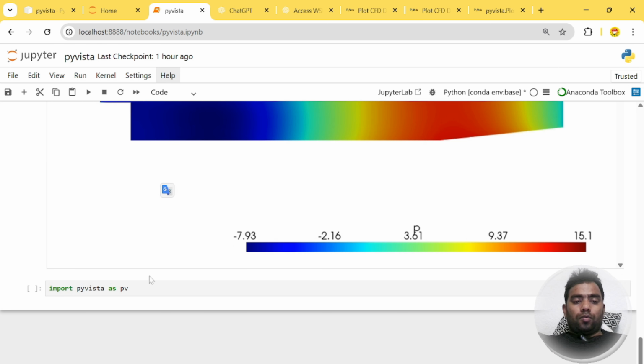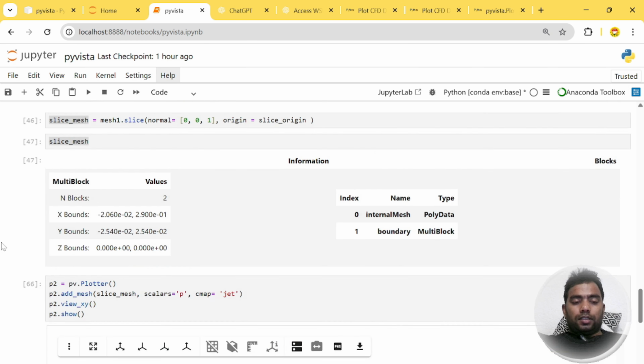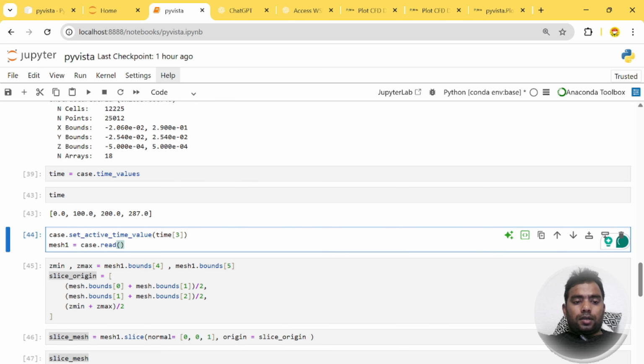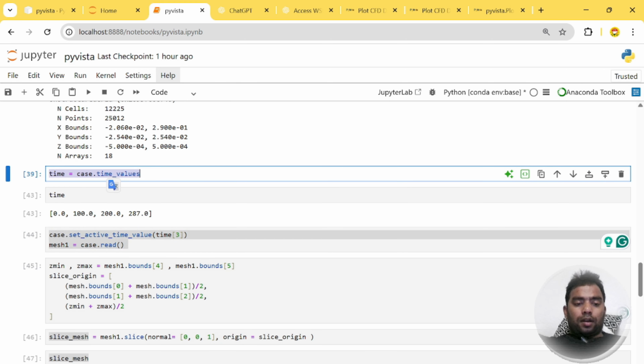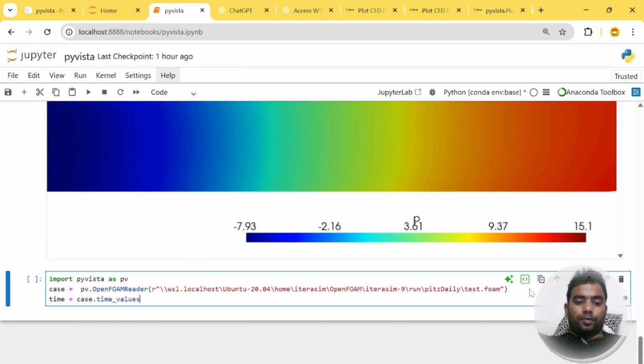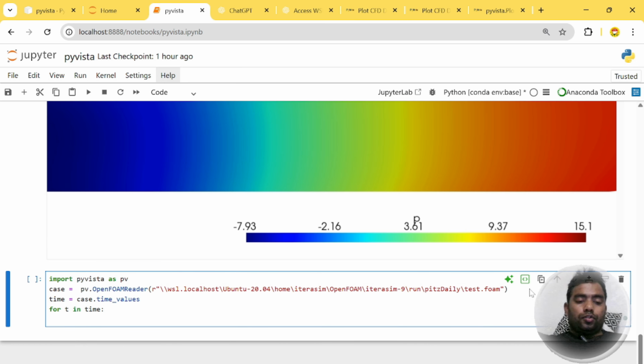What I mean to say is, suppose I have this test case, and I want to do this post processing for all the time steps. So I can write for t in time. I want to do the post processing for all the time steps,